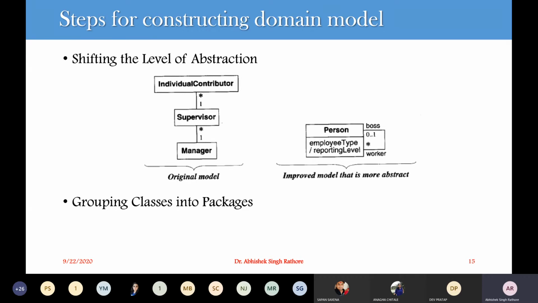So we have different levels of employee type. This is again a professor, then you have the HOD, then a head of institution, and then the VC. So instead of having this type of diagram, we can add an association level here. This association and its names provide more abstraction in your diagram.